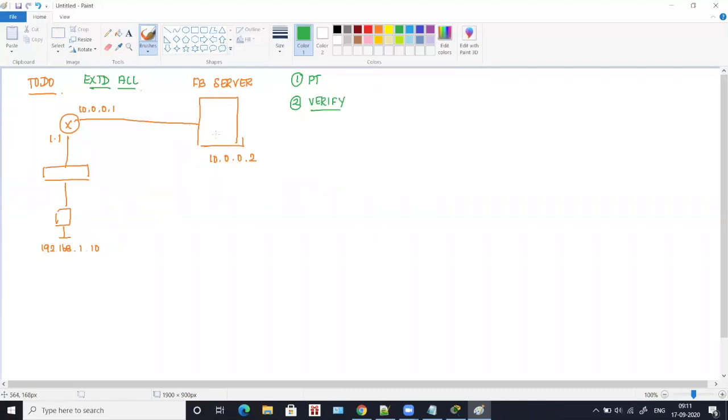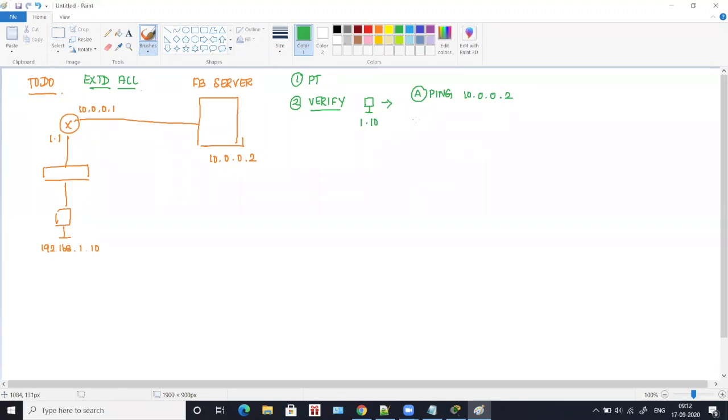For that, from the 1.10 computer, you have to ping 10.0.0.2. You have to ping this server from this computer. If you get a reply, then the connection is correct.